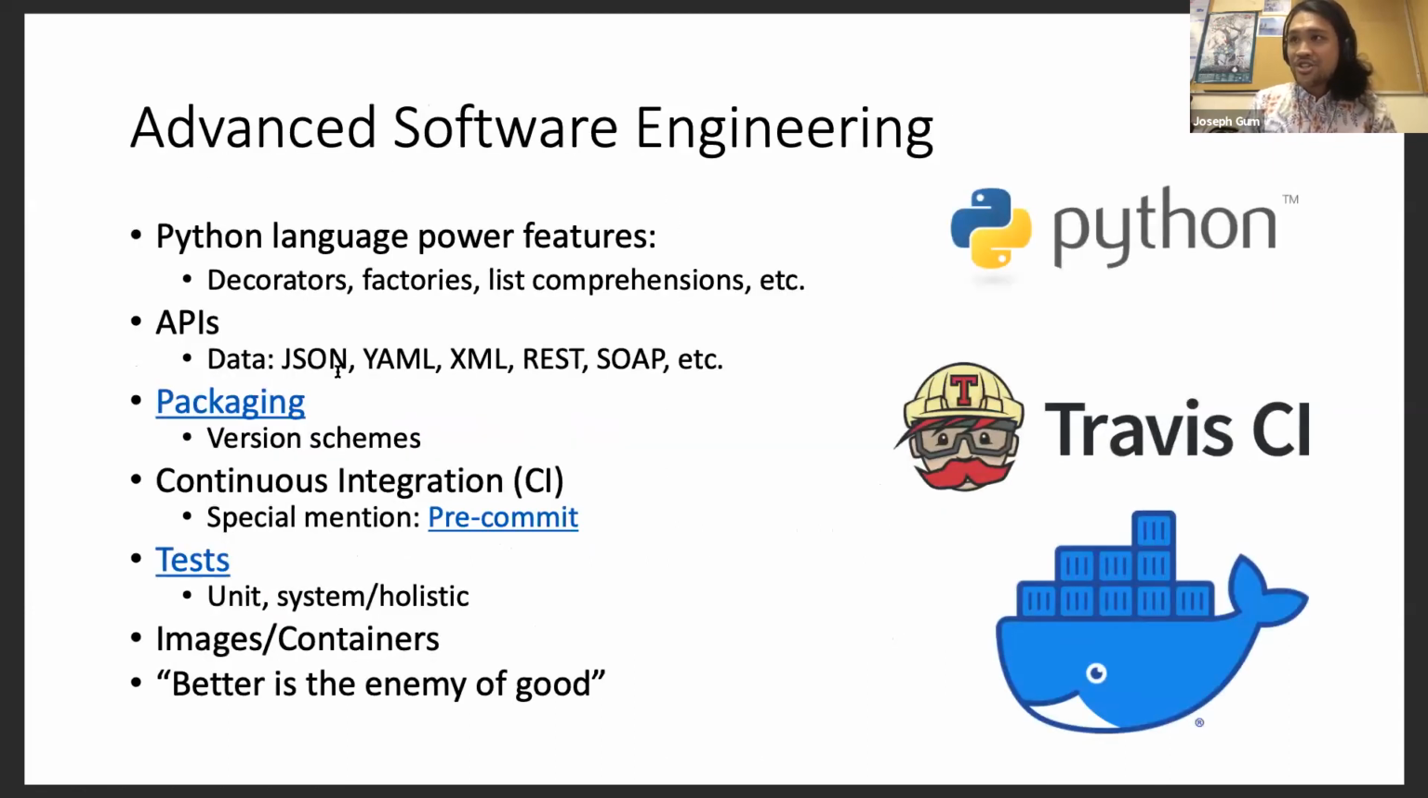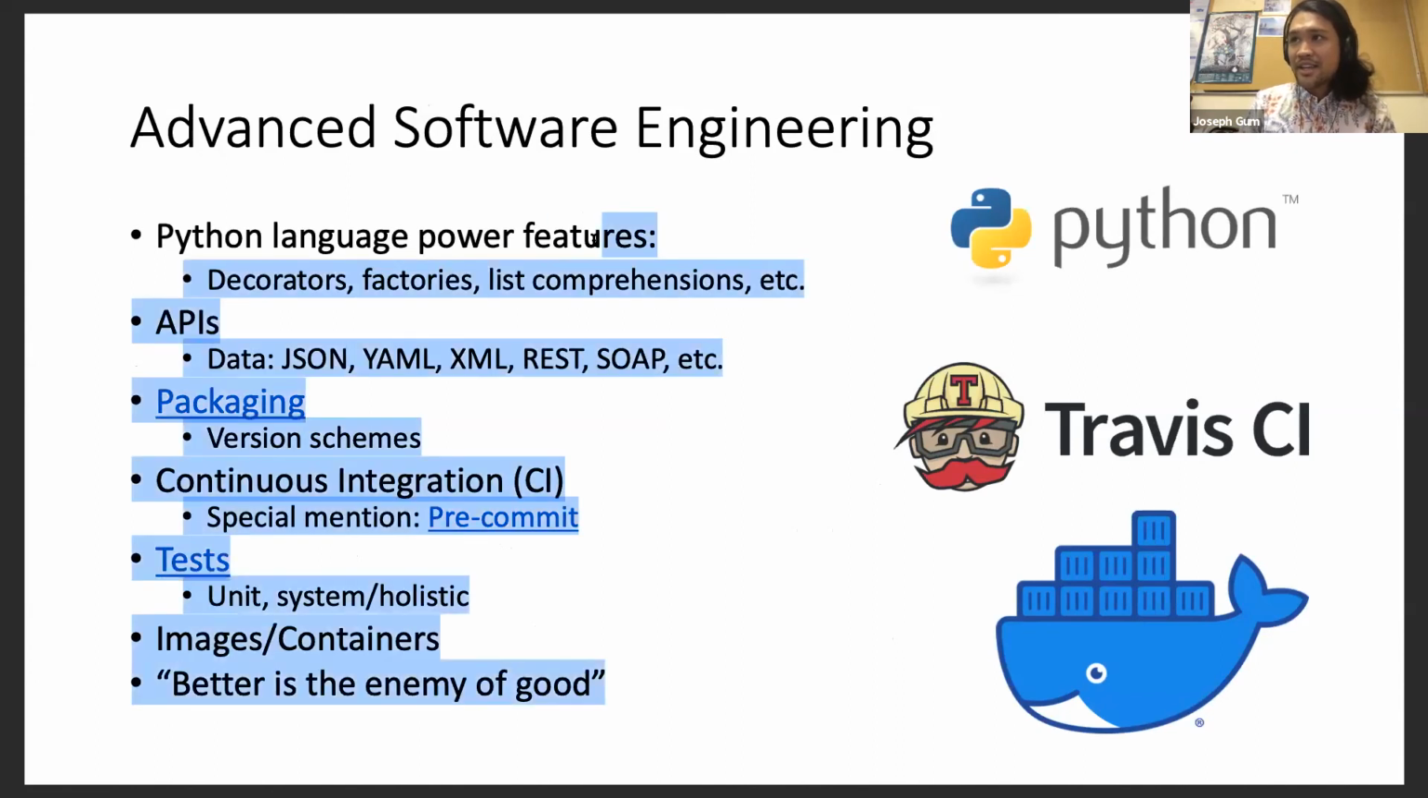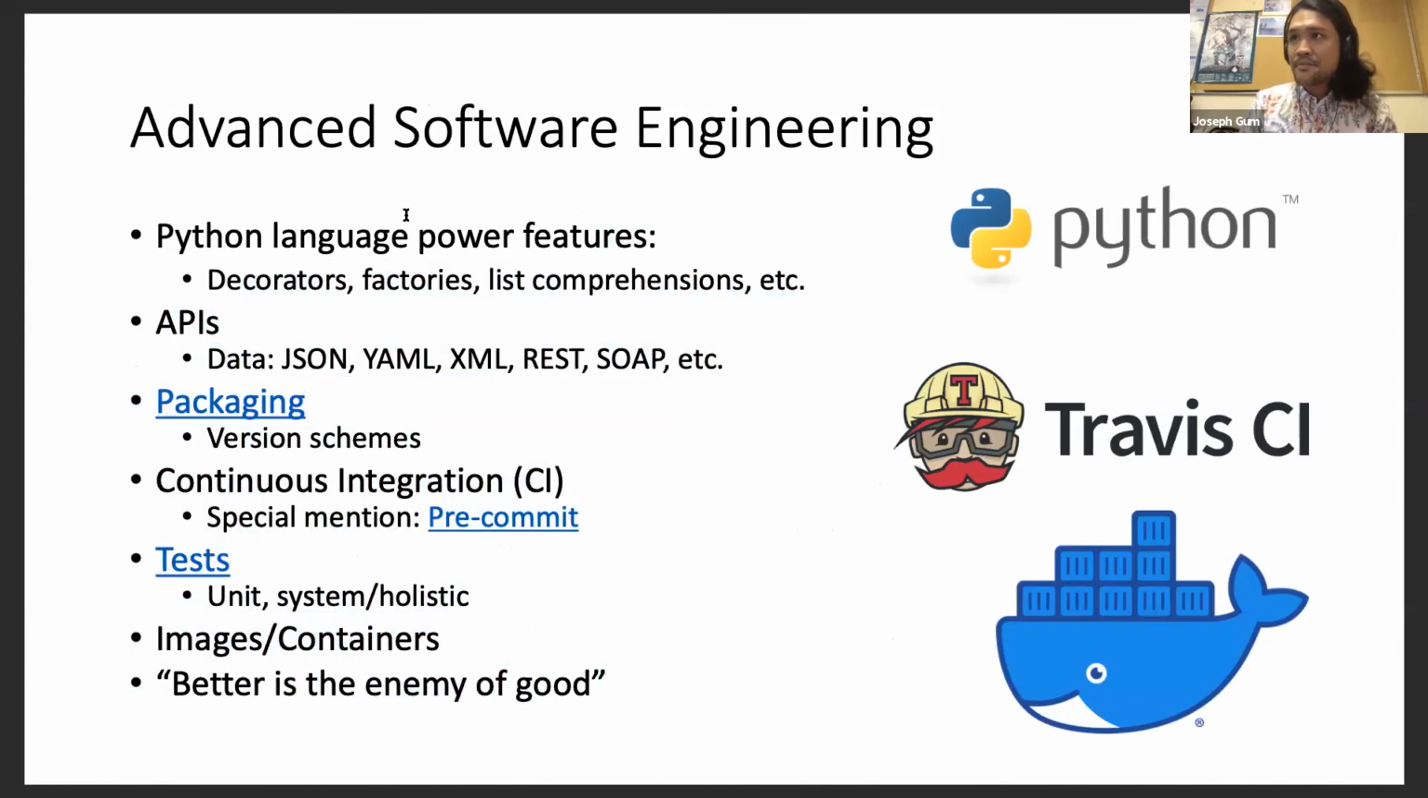Advanced software engineering. There are many things that can be used in Python. We have decorators, factories, list comprehensions. I'm not going to go over them. It would take us another week or 2 just to cover that. APIs,